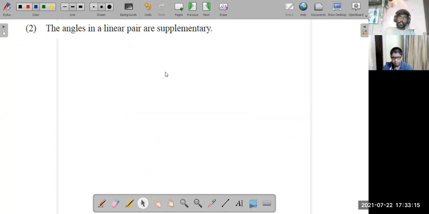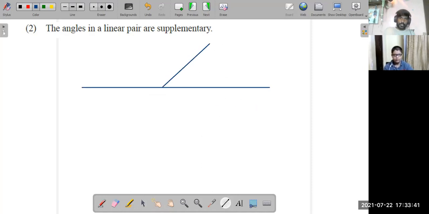Yes, sir. What is it? Angles. I don't remember the definition, but they have the same base. Yes, correct. And they lie on a straight line. So if this is a straight line, and you put one line here, then this